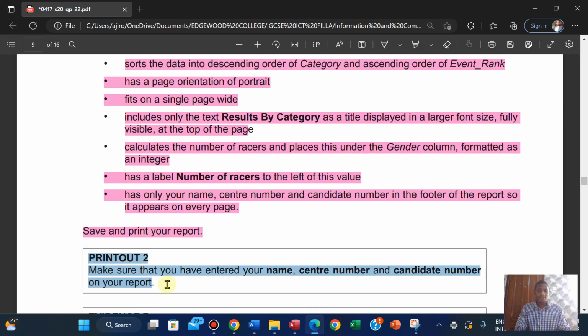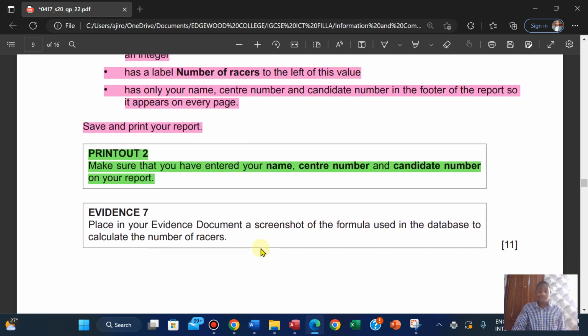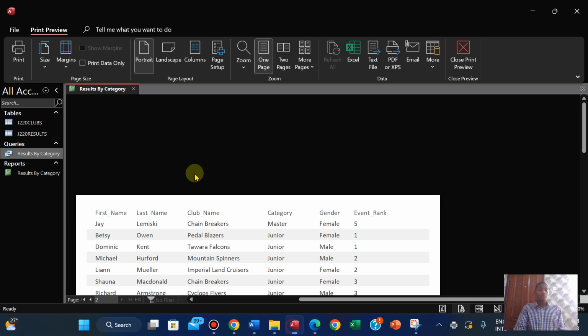Make sure that you have entered your name, center number, candidate number in the report. They always make emphasis on this because obviously if you don't do it, you have yourself to blame. Evidence 7: place in your evidence document a screenshot of the formula used in the database to calculate the number of razors. Okay, so let's do that. We're going to switch right now. Going to close this,